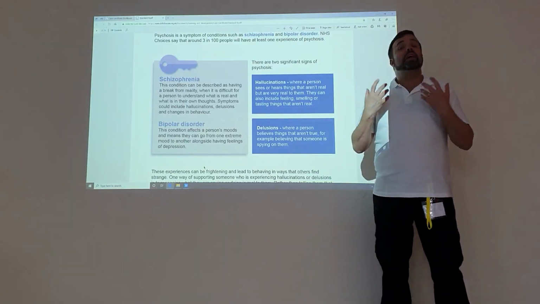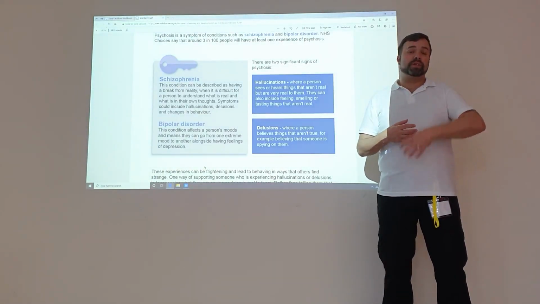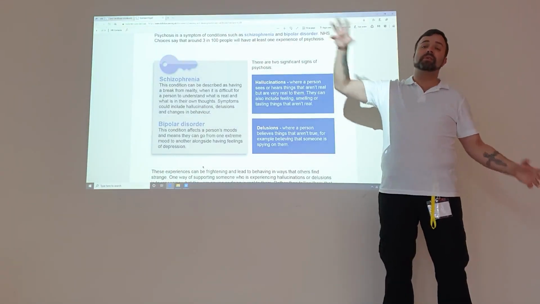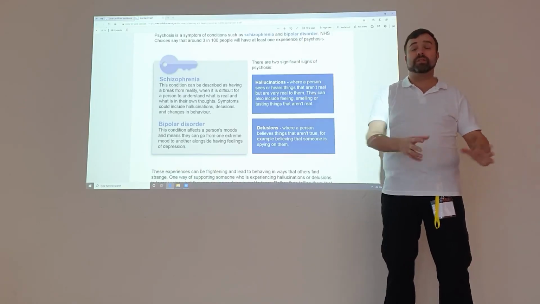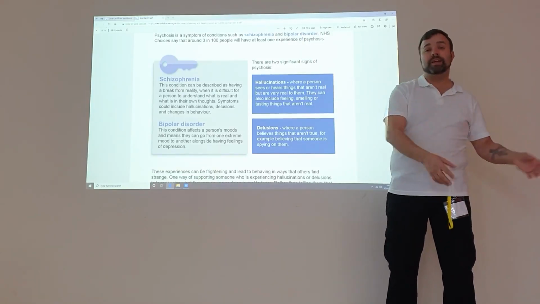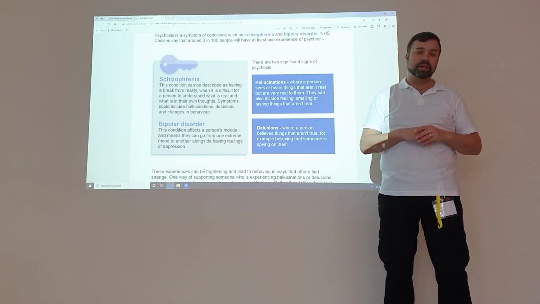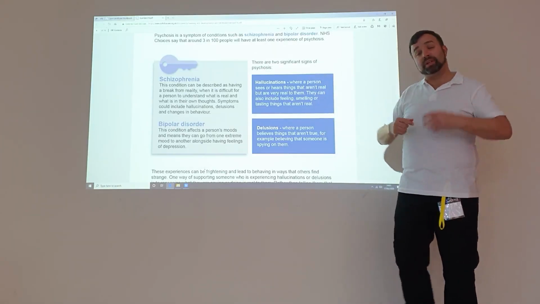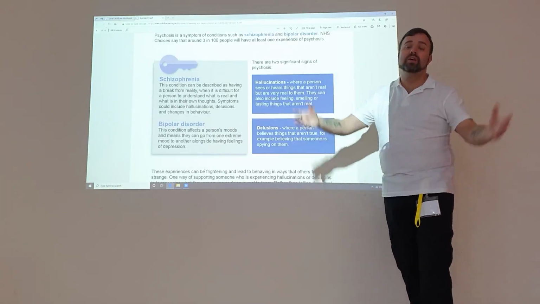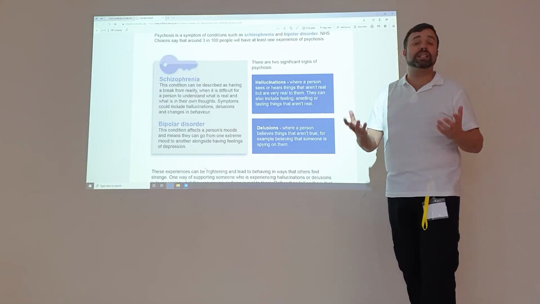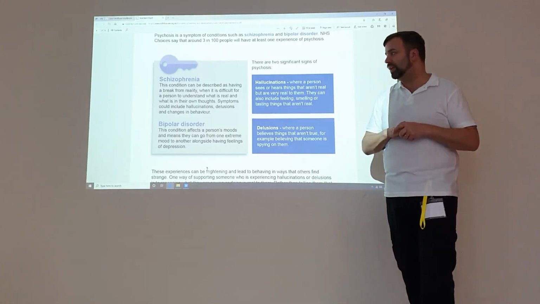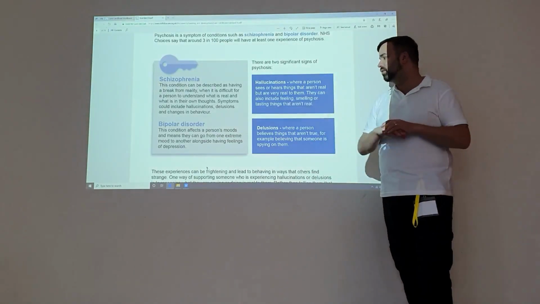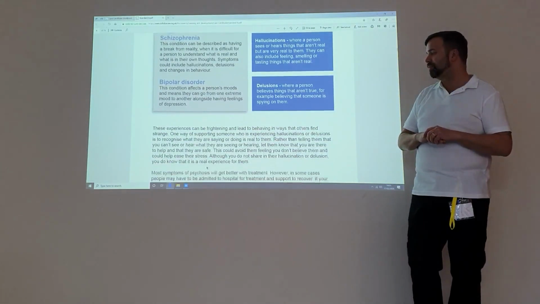Bipolar, again, is an extreme form of depression. So you've got low moods and high moods, and again, people could swing from being very low mood, not having any feelings, to being elated. And that puts people at risk, because when we're elated and we don't care, we can be frivolous, we take unnecessary risks, and we can put ourselves in quite some harm. So it's important we realise that.